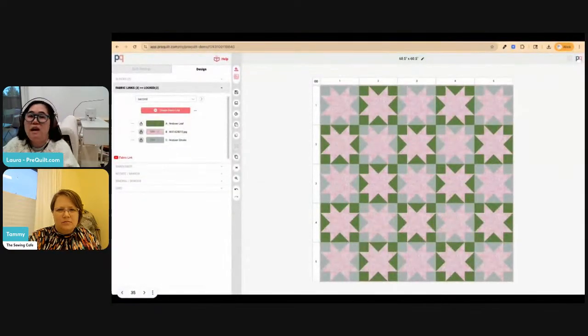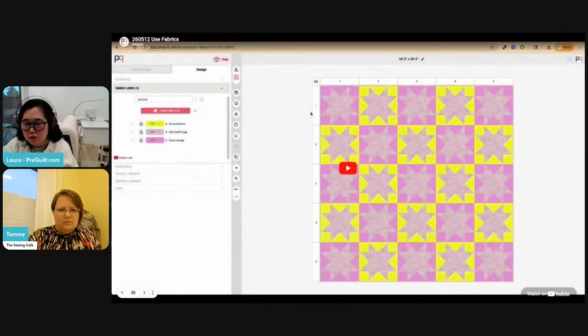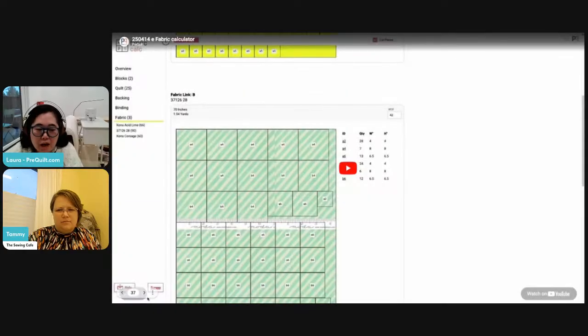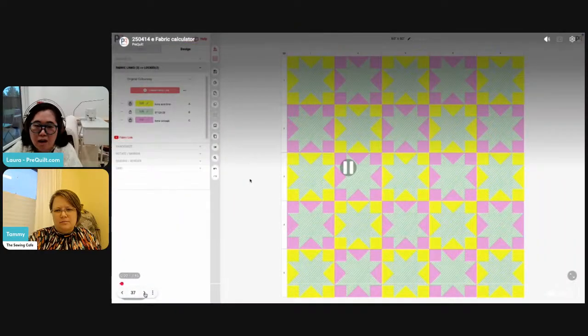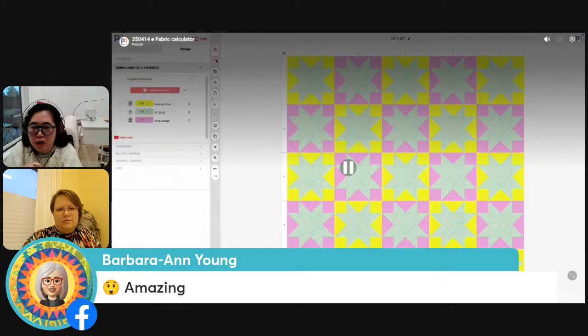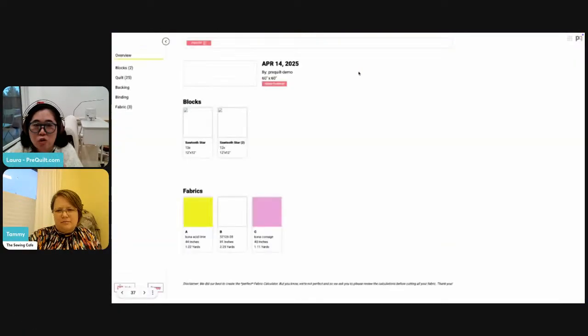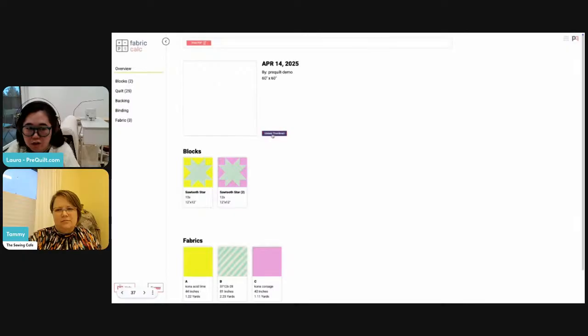And so again, if I knew the quilt math and I was really good, I could just take that list and go to the shop. But if you don't know the quilt math, this is where our new feature that we came out with last year is going to really help you. So I'm back with my star. I played with it some more. I changed my mind. I got some different fabrics. And so when I click on that fabric calculator button, sorry, it was underneath the paint bucket,